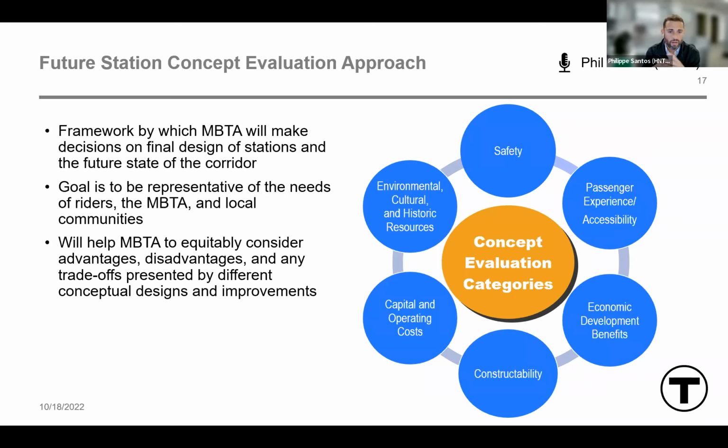You may very well recognize the elements within this framework because they reflect what we heard from you during past public meetings. It boils down to 6 main categories. You can see them in the blue circles on this slide. They are safety, which includes improvements to lighting and visibility for passengers and operators, and minimizing rail, vehicle, car, pedestrian, and bicycle conflicts. Passenger experience